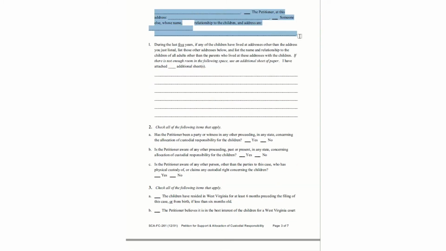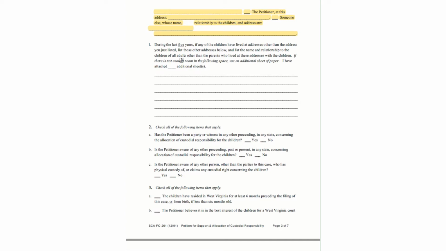At the top of page 3, it gives you a little bit more space to fill out information about where the children are currently living. At the bottom of page 2, you could mark whether it was the mother or the father and provide their address. If the children are living with someone else other than a parent, then you would mark these lines here and fill in the information about where the kids are living, the name of the person, the relationship to the